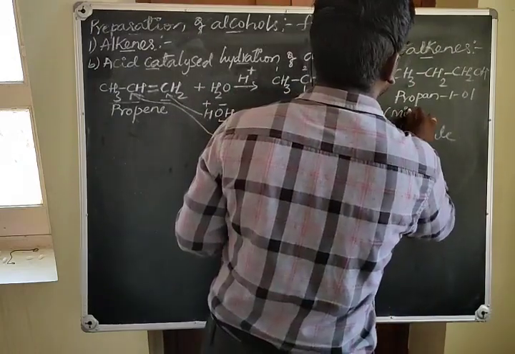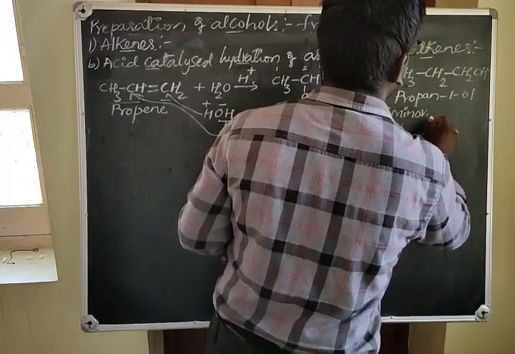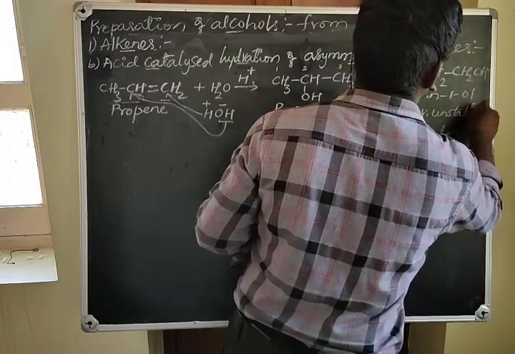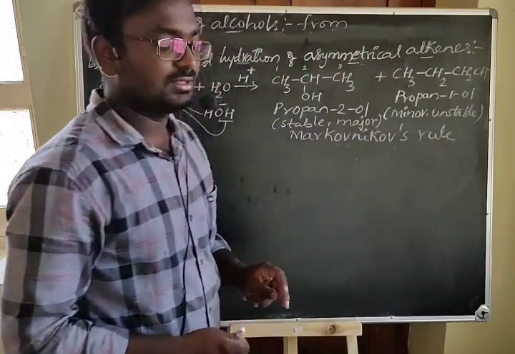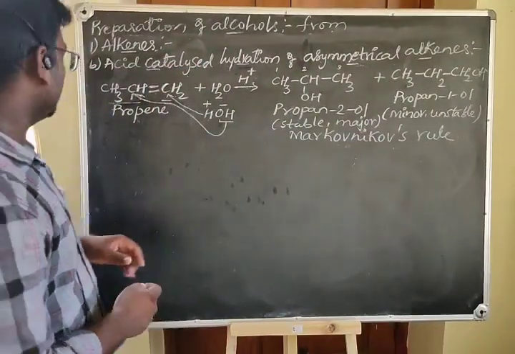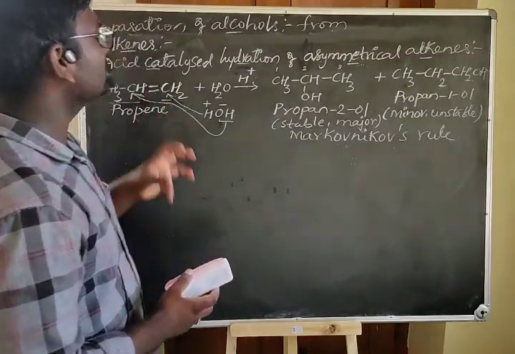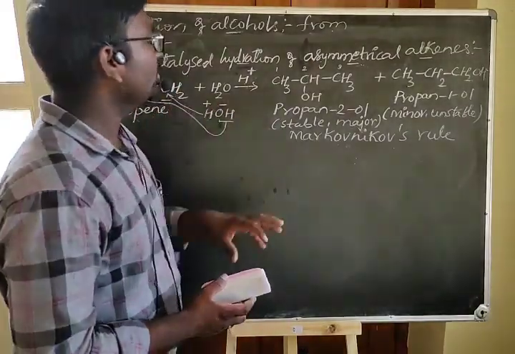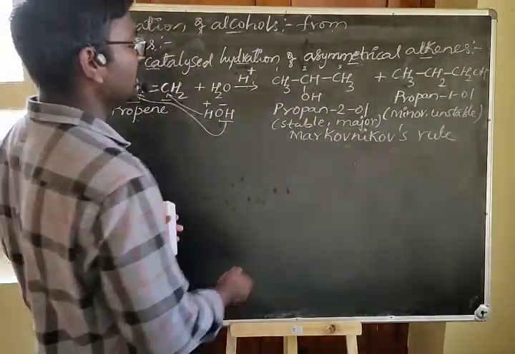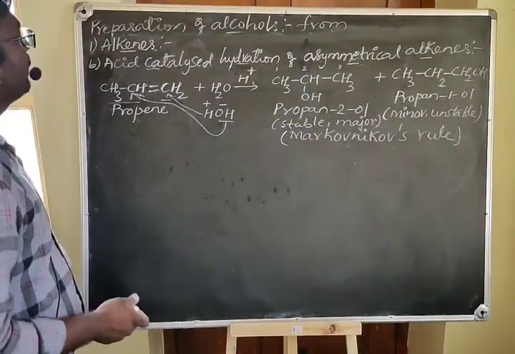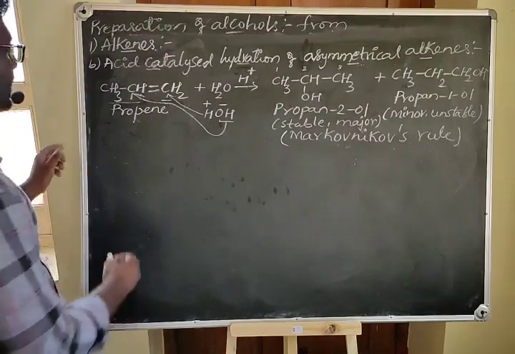Therefore, you can say it is a minor compound, and it is unstable from this method. So that is why you need to remember Markovnikov's rule. In this situation, you have to follow Markovnikov's rule. Now, let us consider the preparation of alcohols by